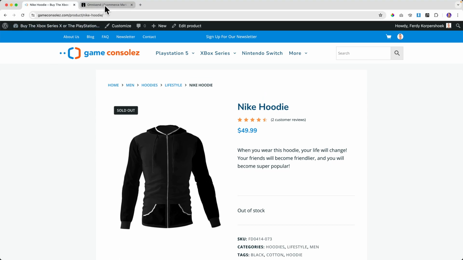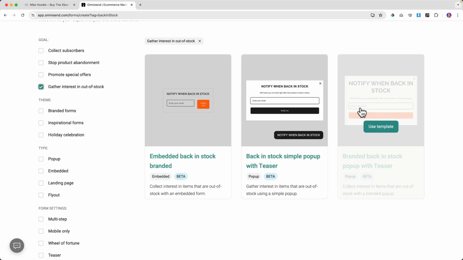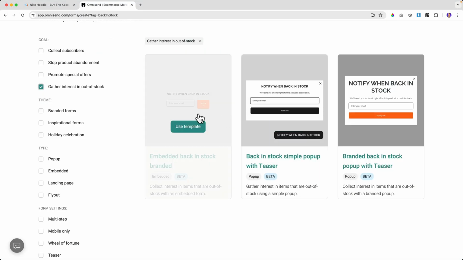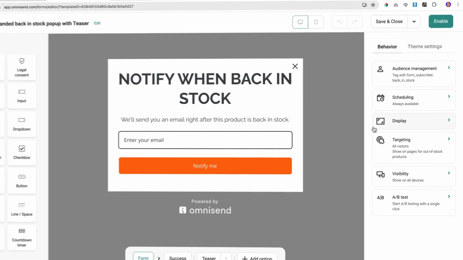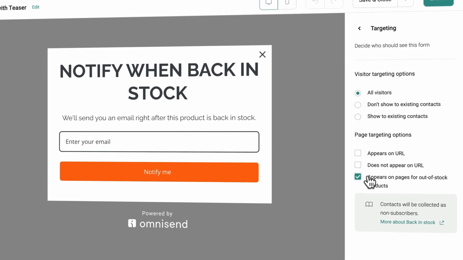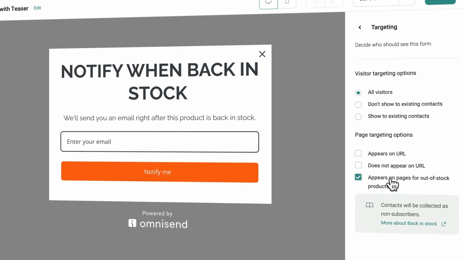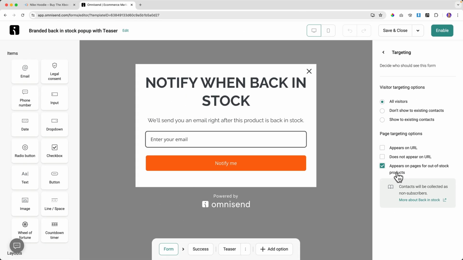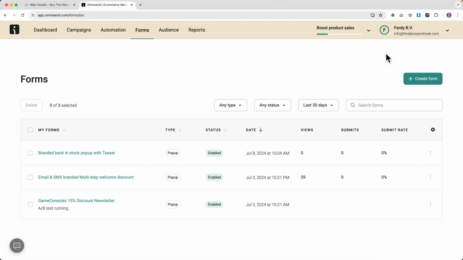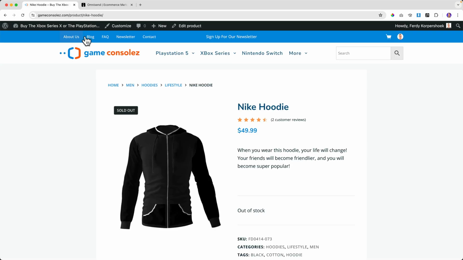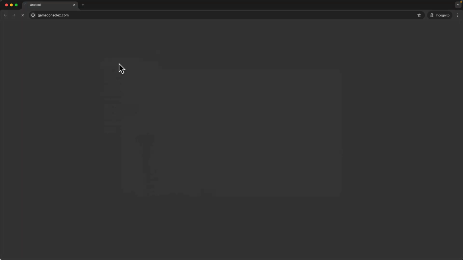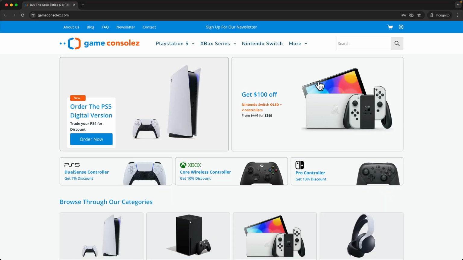So now I go to Omnisend. I choose one of those. Doesn't matter which one. Let's do this one. Use template. And now if I go to targeting, it says page targeting options appears on pages for out of stock products. So I click on enable. And now if I open this website in an incognito window and I search for, so let's first go for another product.